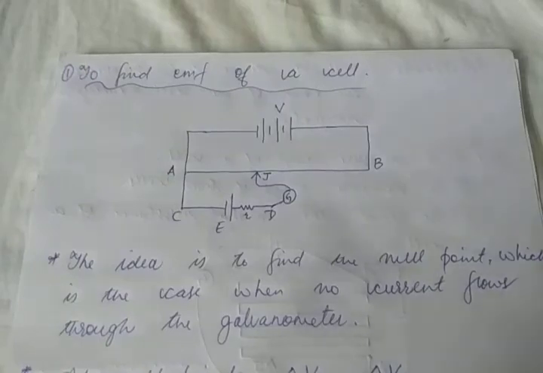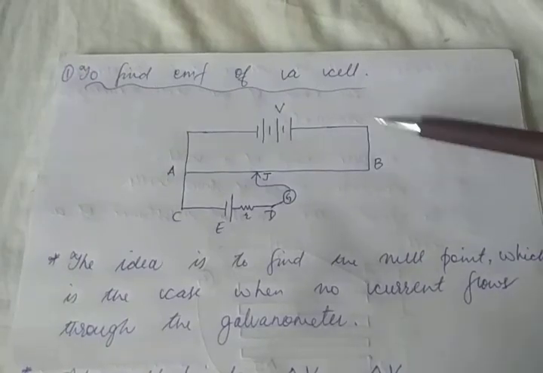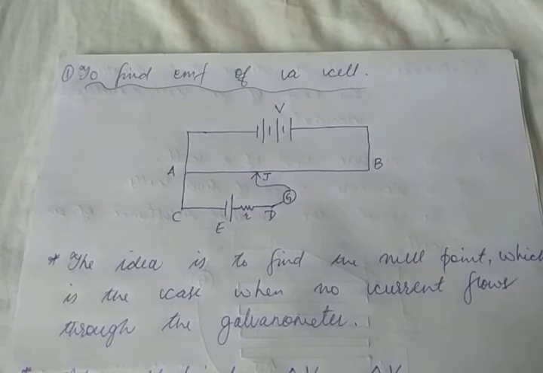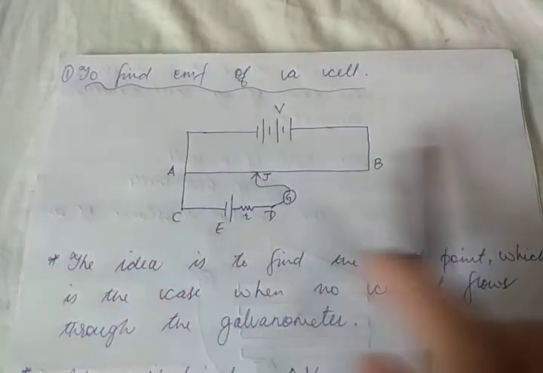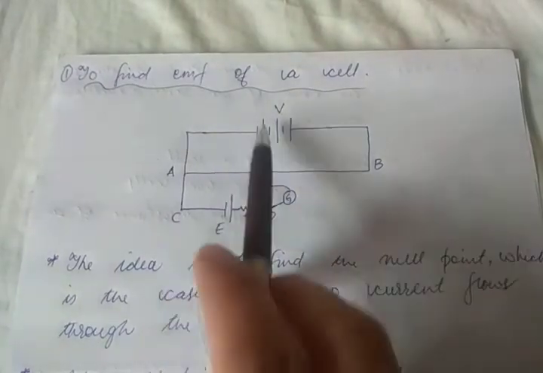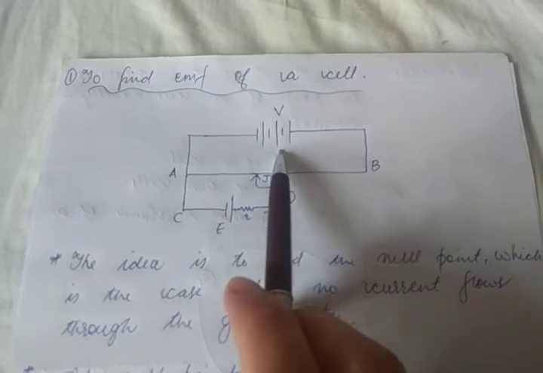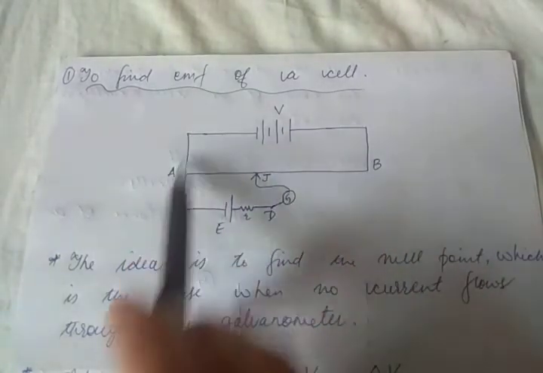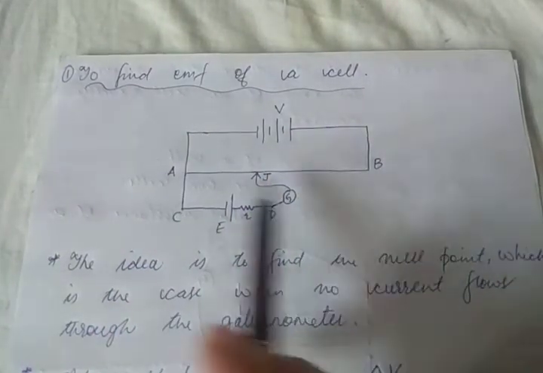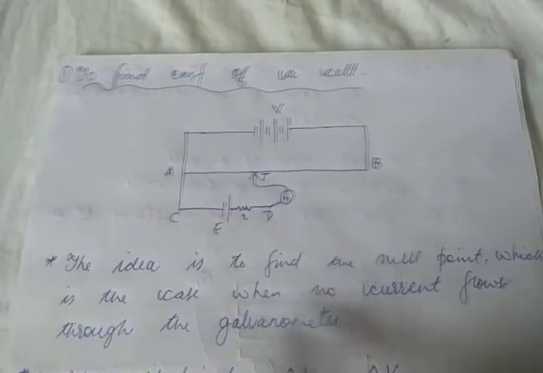Let us now first look at the first use of a potentiometer, that is to find the EMF of a cell. So this is the arrangement. You have the battery, the power source, then AB is the wire of the potentiometer. So AB basically is the potentiometer, remember,